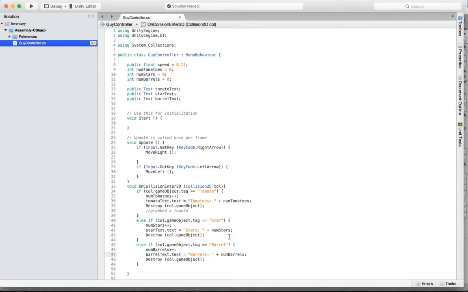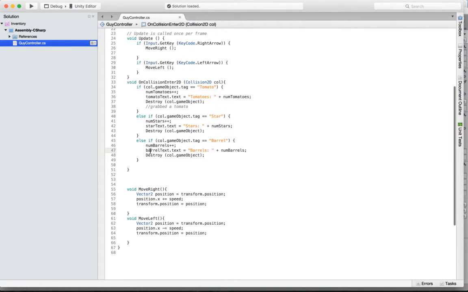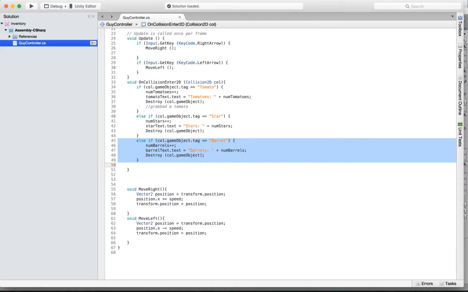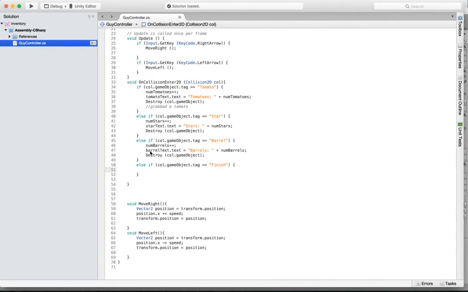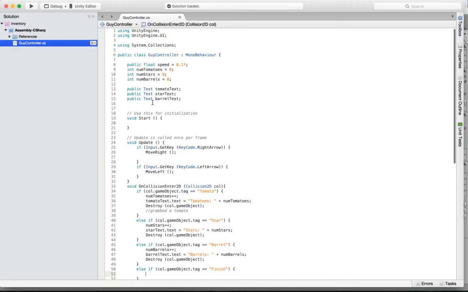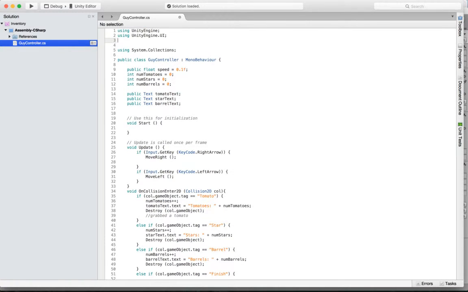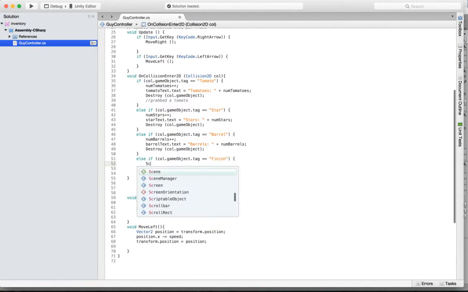So if I go back to my collision handling, else if the tag is finish, then we want to go to the next scene. And in order to do that, we need to actually include another library. So using UnityEngine.SceneManagement. And if we include that, then down here we can say something like scene manager